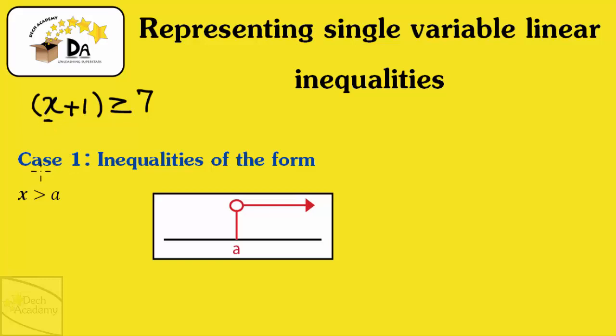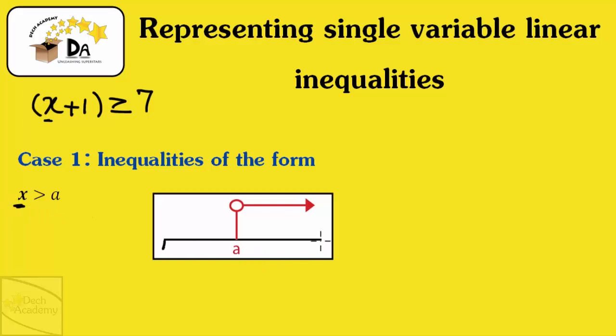So we're going to take a look at different forms of inequalities and the manner in which they're represented on number lines. For inequalities of the form x greater than a, where a is a constant, a number, like 1, 2, 3, 4, minus 1, minus 2, and x is a variable, for inequalities of this form, the way to represent valid values of the variable x is to take a number